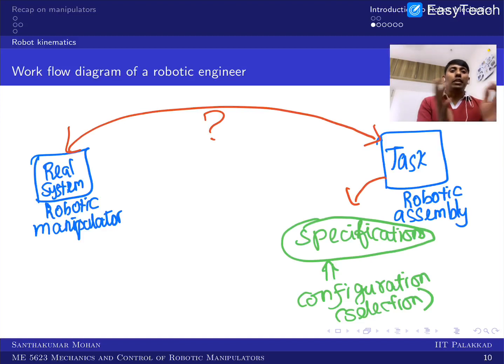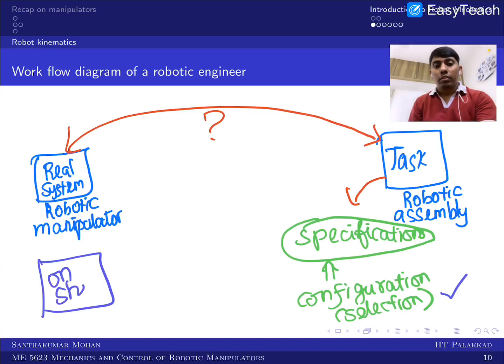For example, I am giving a 1 cubic meter space, and that too it is close to the wall. Probably I can put the manipulator as wall mounted, so that I can utilize everything in a more optimal way. Like that I can bring some kind of configuration. So if the configuration is available, then immediately, on industry, on the shelf, you can see which manipulator would fit this particular specification.